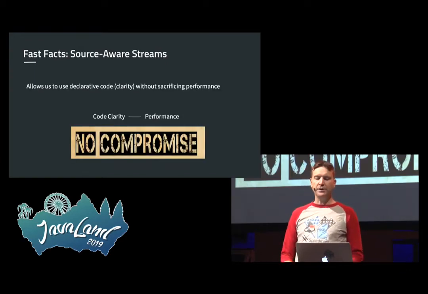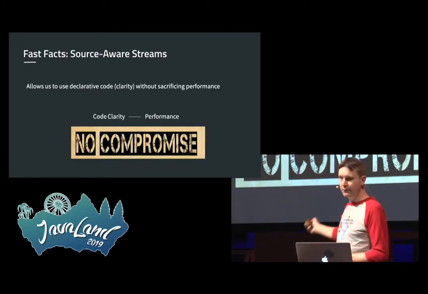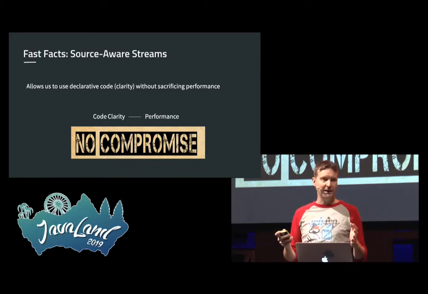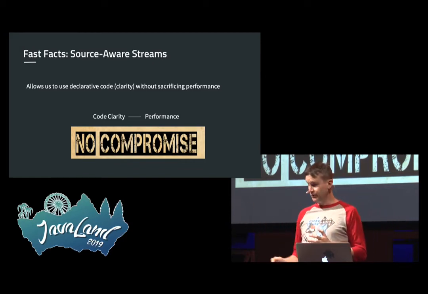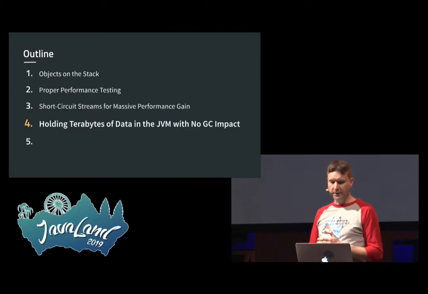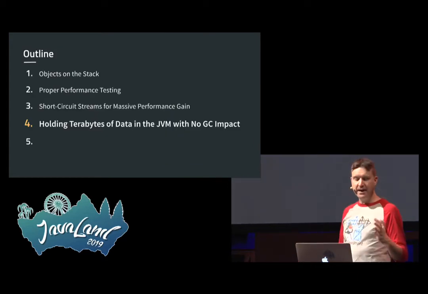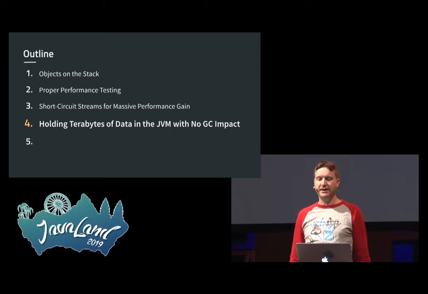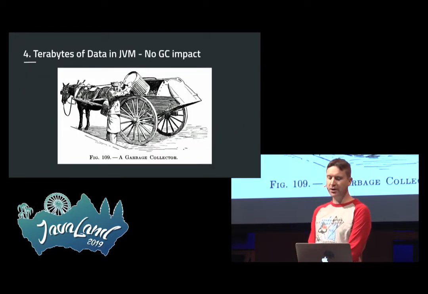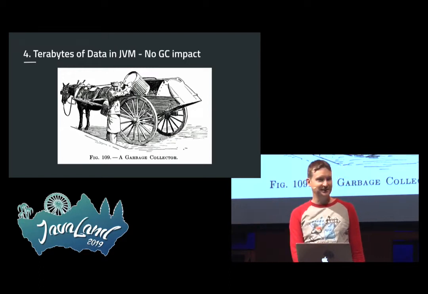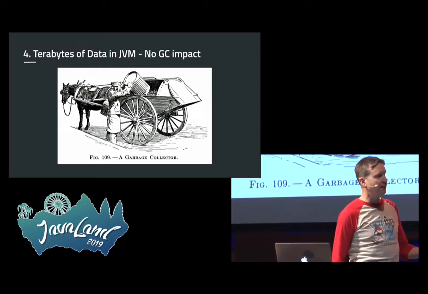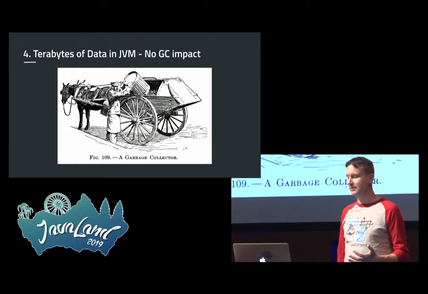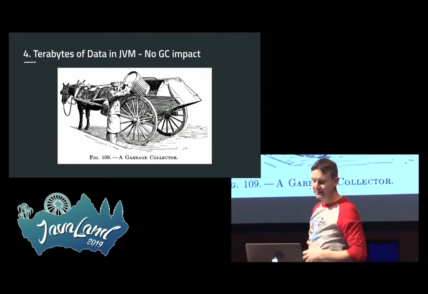Again, we can use clarity without sacrificing performance. So I think the stream is more clear than mixing Java and SQL together. Cool. Item number 4, holding terabytes of data in the JVM with no GC impact. I mean, we know that the garbage collector is slow, isn't it? Sometimes the Java garbage collector can take minutes to execute, even slower than this man from some centuries